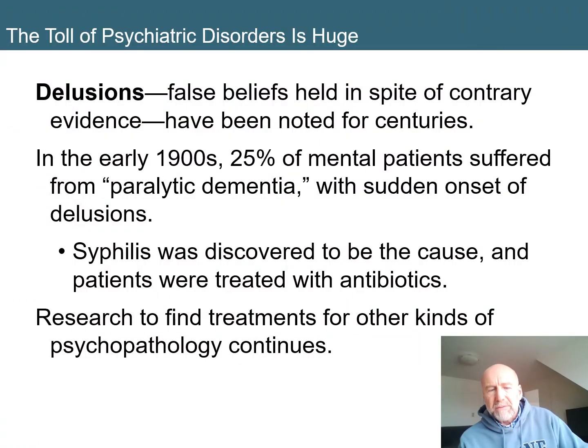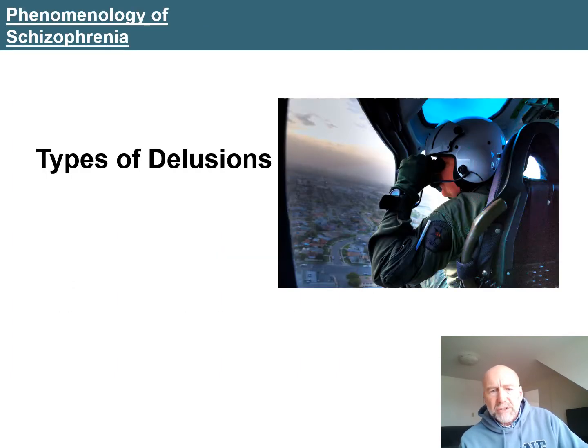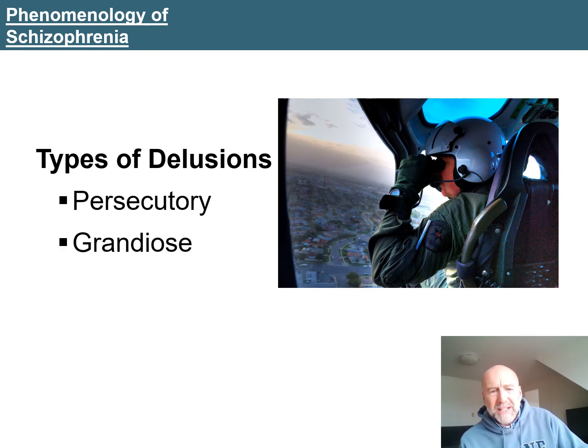So just by way of defining the terms here, delusions are false beliefs about the world that are not consistent with reality and maintained even in the face of evidence to the contrary. Okay, delusions are defined in several categories of persecutory delusions, people believing that everyone's out to get them,